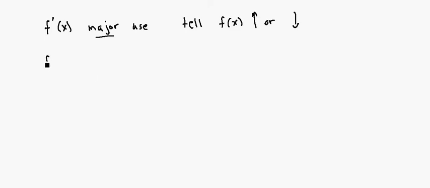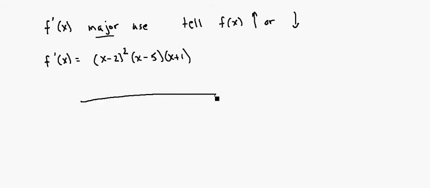That's why, when we have f prime, we say something like f prime of x is equal to, let's say, x minus 2 squared, I'm just making something up, times x minus 5, times x plus 1. Well, we know that we have horizontal tangent lines. We know the slope is 0 at,